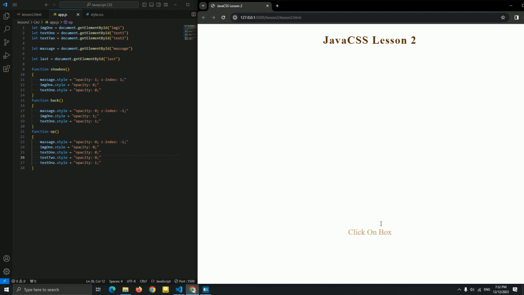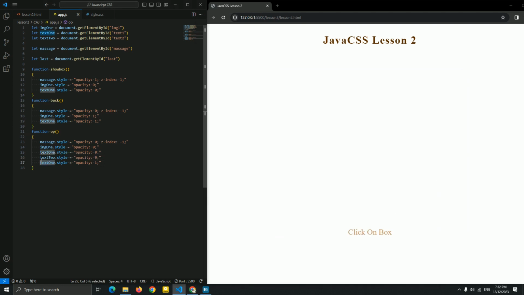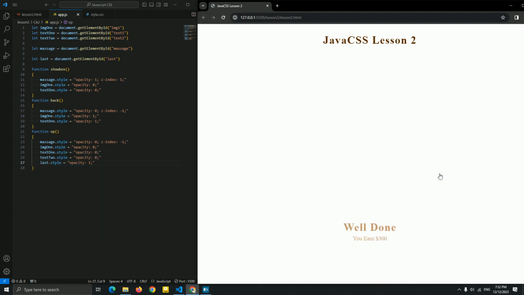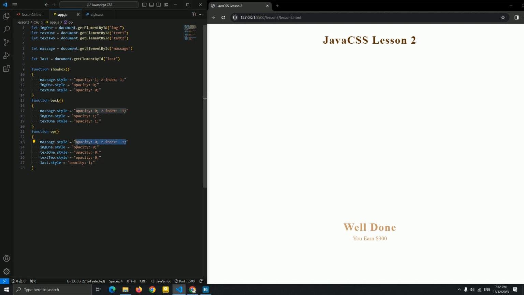Okay, as you can see, oh, the text one, oh I'm sorry, last. Yeah, as you can see the text is coming, but the message hides the image. So first let me add a background here instead of z-index. Let me add a background, unset, to remove the background and the box shadow.